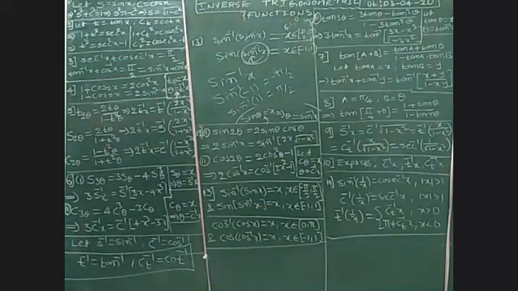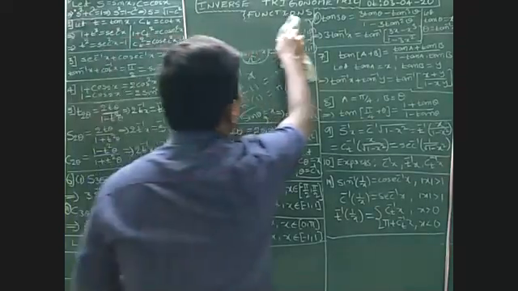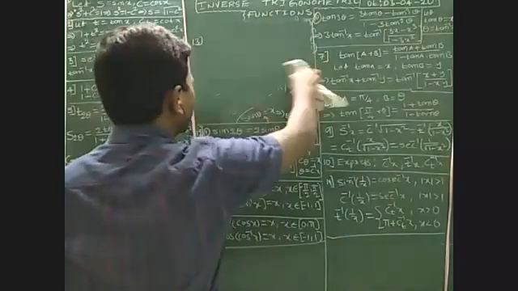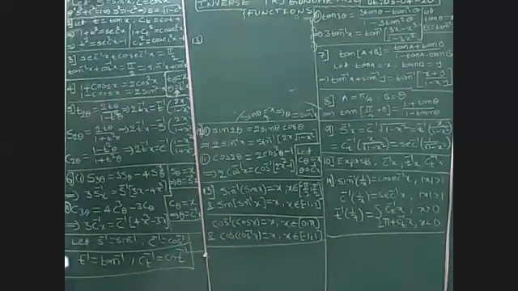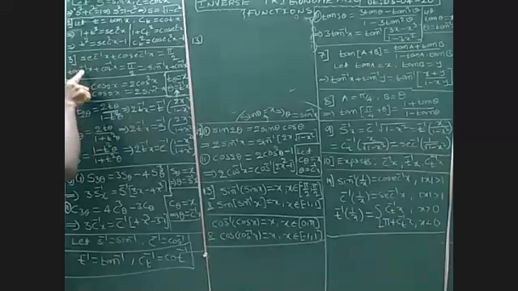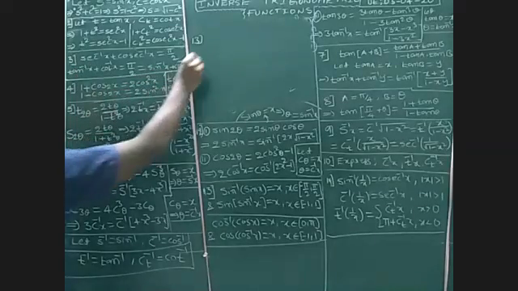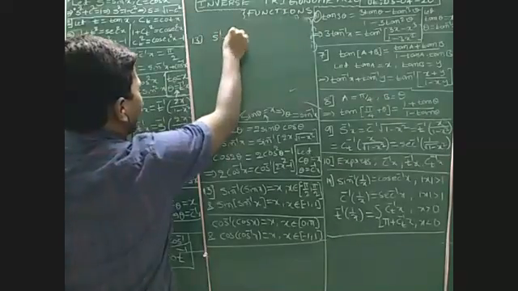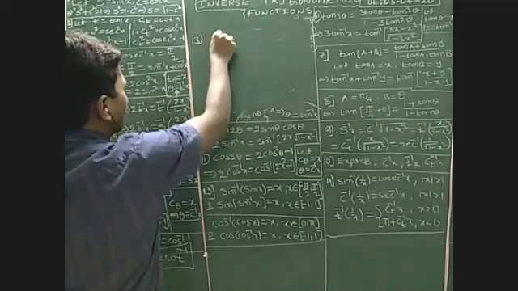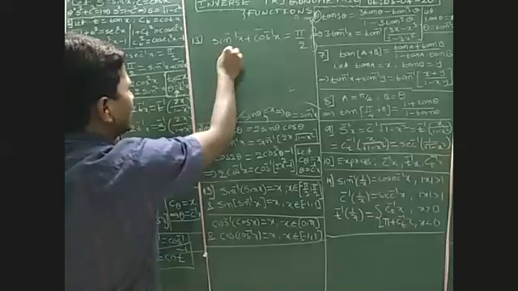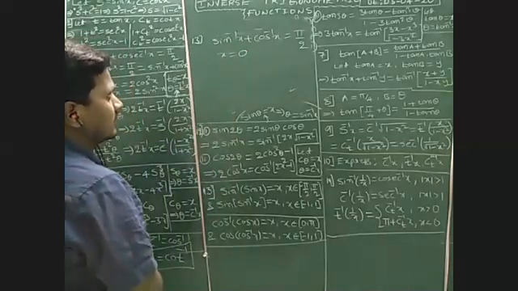First, we'll see a few questions in exercise 2.2, which is related to the previous concept, the principal value domain. And one more formula I have written. Remember here, always sin inverse x plus cos inverse x is equal to 90. Substitute any x value. First I want to substitute x is equal to 0.